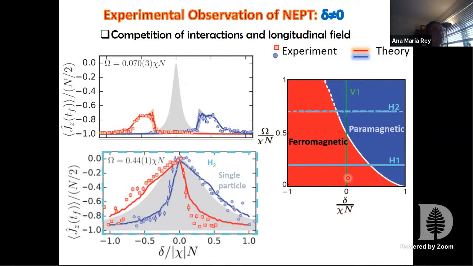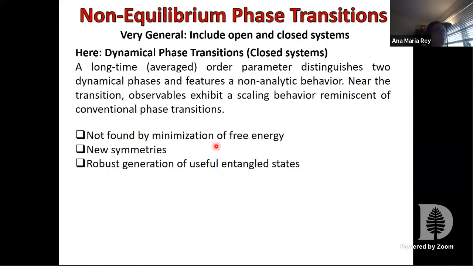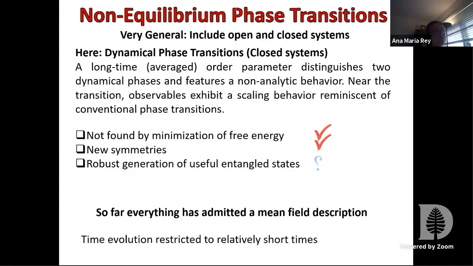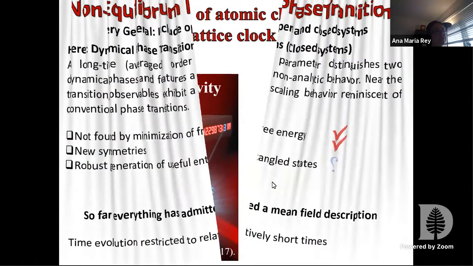So just to finalize, I'm running out of time. Hopefully I can convince you that dynamical phase transitions are interesting. They have different behaviors that are not shared by equilibrium phase transitions. What I didn't show you, however, is that I told you this should be useful for generation of useful entangled states. Unfortunately, so far everything has been done at the mean field level, but our hope is that we were trying to explore